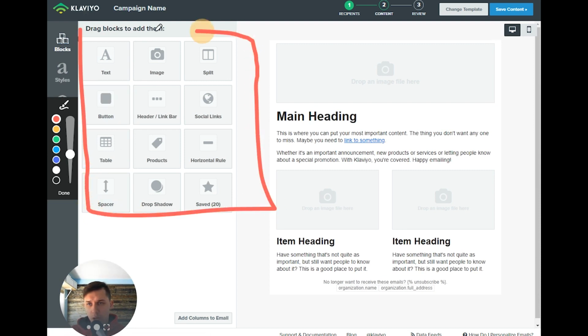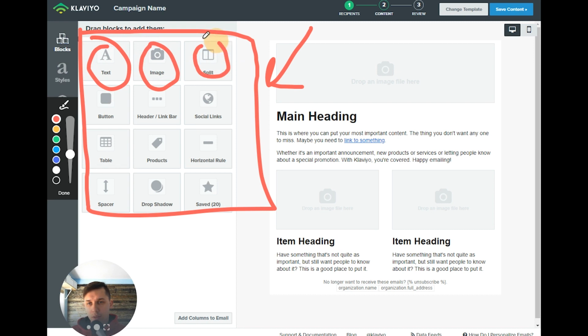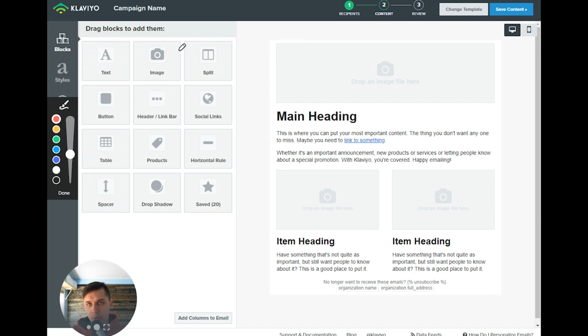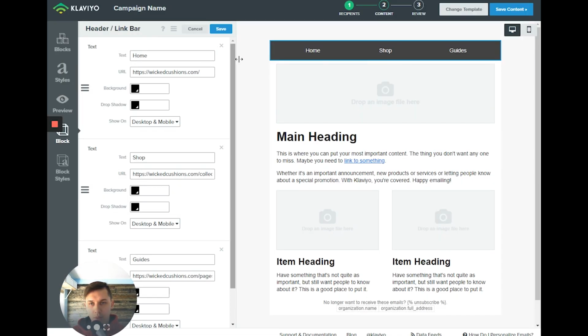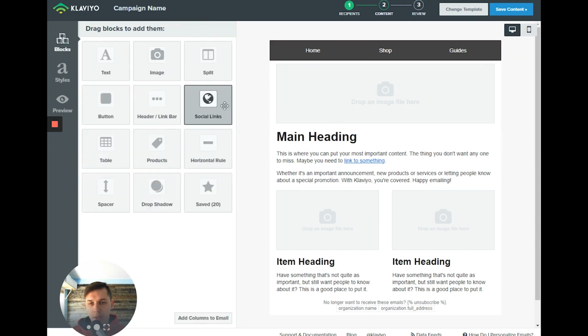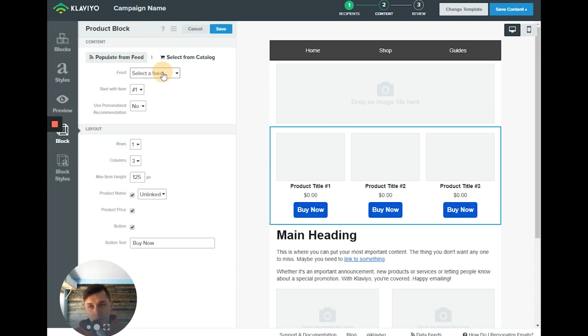It's just drag and drop, and here you have all your blocks, which are text block, image block. This is if you want to split columns and put text in one column, image in another column, then button, header, link bar. It's like a menu on a website, then social link, table, products. Products is a very powerful tool because you